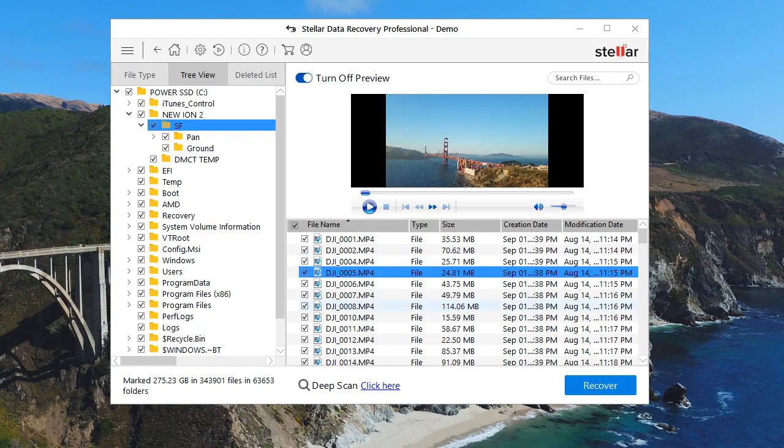Once you activate, you're able to recover unlimited amount of data, so it is really cool to have just in case